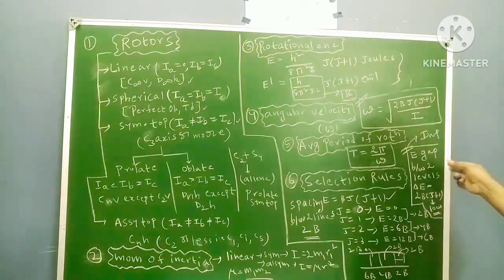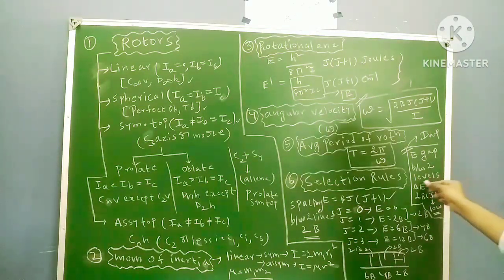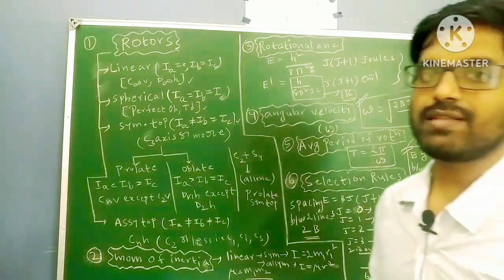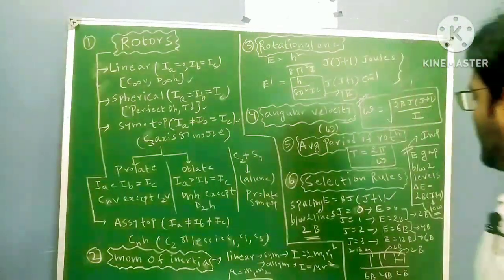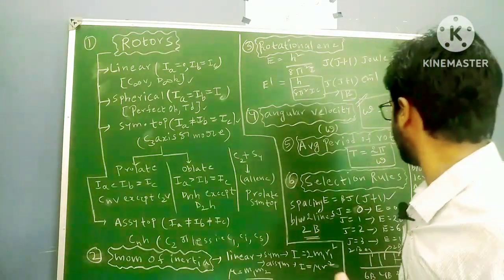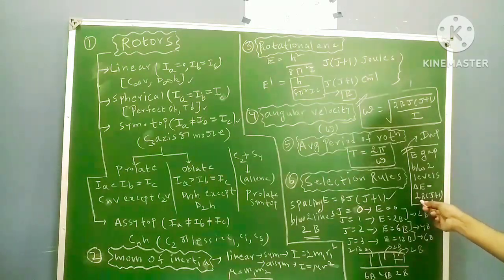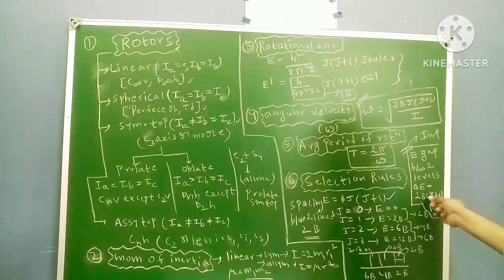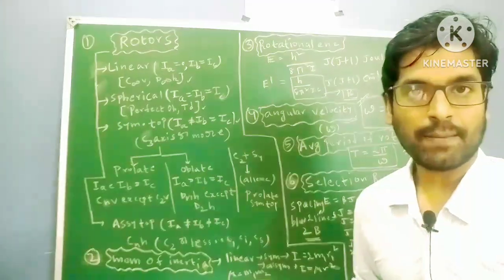So the next important formula is the energy gap between the two levels. By using this formula you can calculate it. The examiner will give you two levels, and you have to calculate the energy difference or the energy gap between the two levels. Delta E equals 2B into J plus 1. J is nothing but your lower energy level here. You have to put the J value of the lower energy level, not the higher energy J value. It is very, very important. Delta E equals 2B into J plus 1. B is nothing but your rotational constant, right?